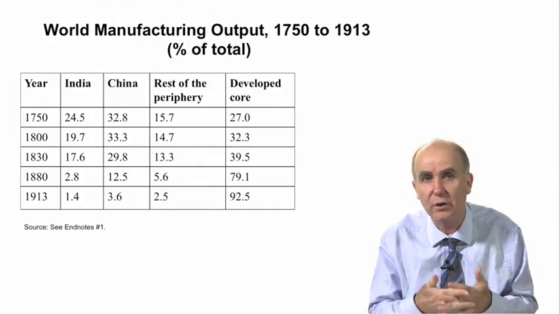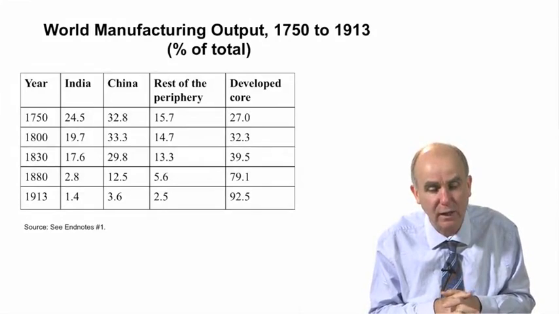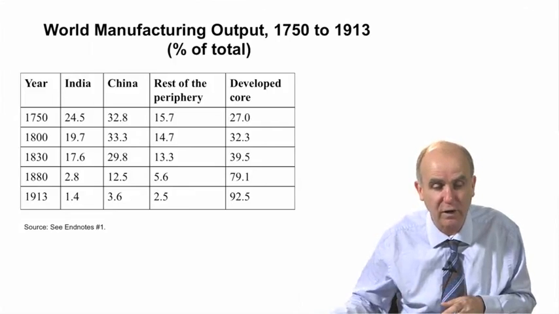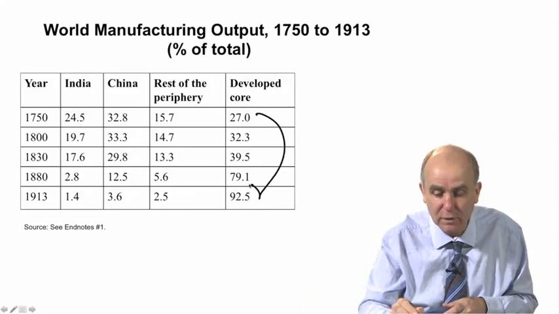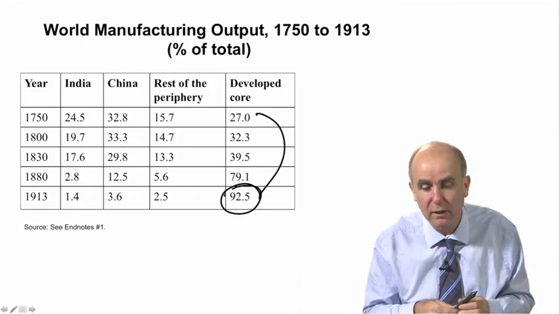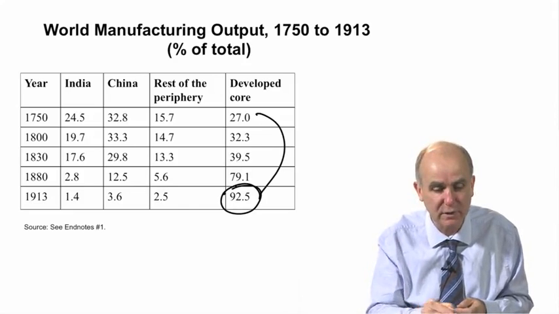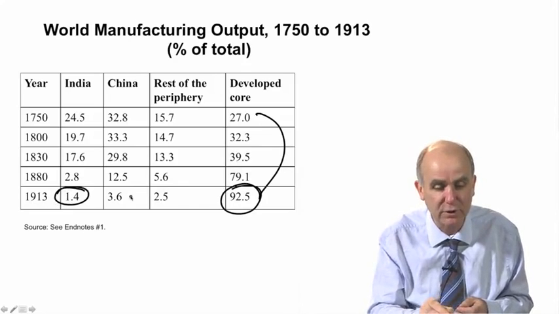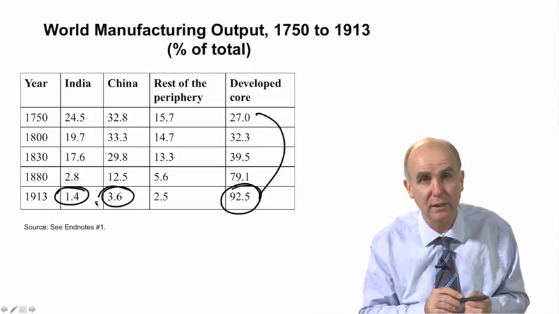China producing a third of the world's manufactured output, India a quarter, and the developed core only 25%. But fast forward to 1913 and 90% of the world's output of manufactured goods is being produced in the developed core. India is only producing 1% and China is only producing